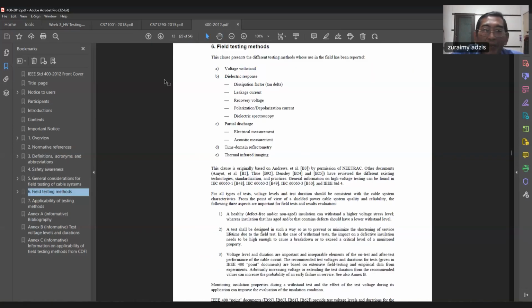So in the field testing methods, you can see one of them is voltage withstand, which means we have to bring the high voltage generation setup to the site and do the withstand test at site, not in the lab. Okay, so now it covers. I hope you understand what we meant by apparatus standard. All right, so let's pause for a while